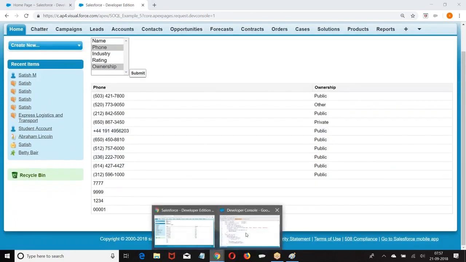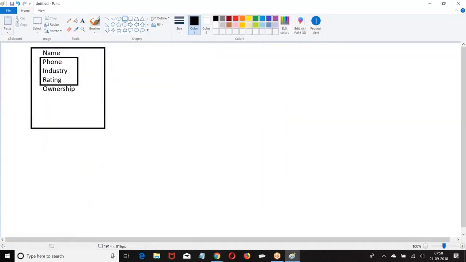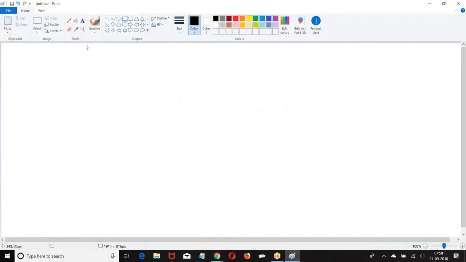So let us go to the next one. Parent to child, child to parent query. What is a parent to child, child to parent query? How do you form it? Listen carefully, it's very important. Now, the parent is trying to get data from the corresponding child records.